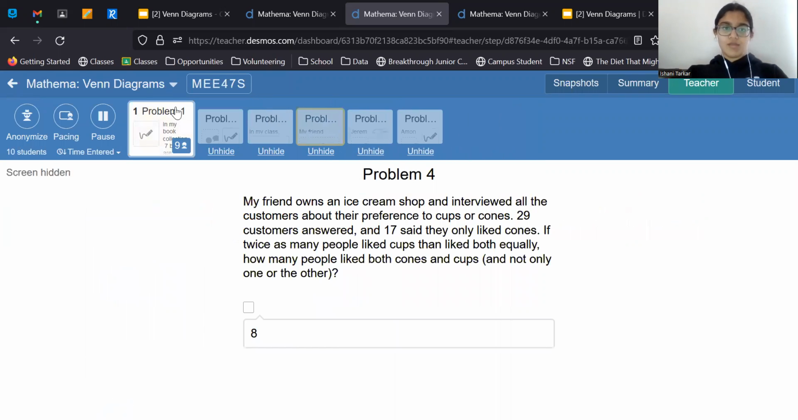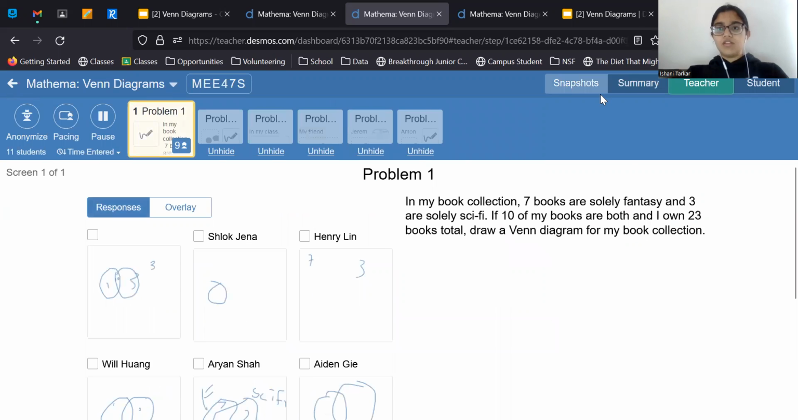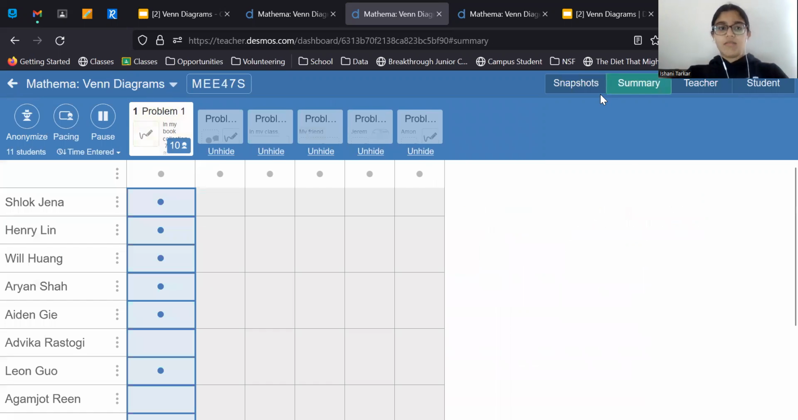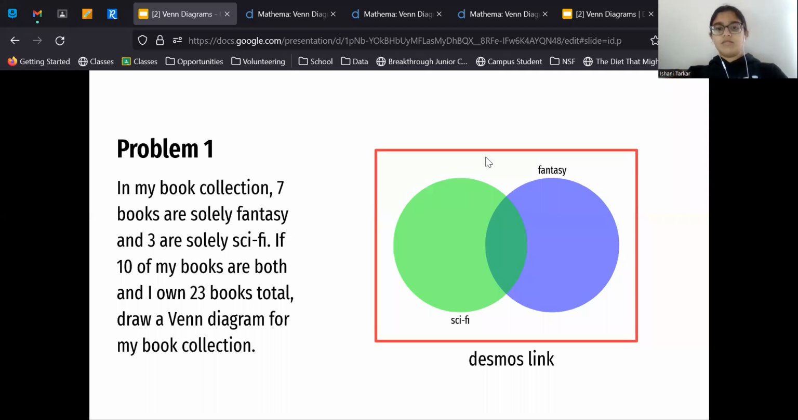But we will be starting with number 1. Okay, so essentially we want you to be able to draw a Venn diagram, right? Problem number 1 is, in my book collection, 7 books are solely fantasy and 3 are solely sci-fi. If 10 of my books are both and I own 23 books total, draw a Venn diagram for my book